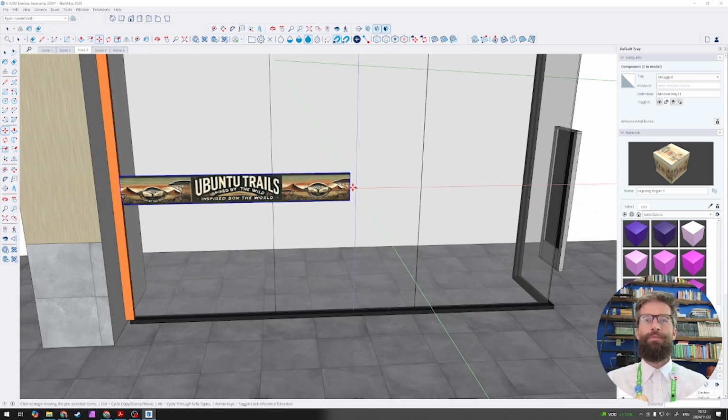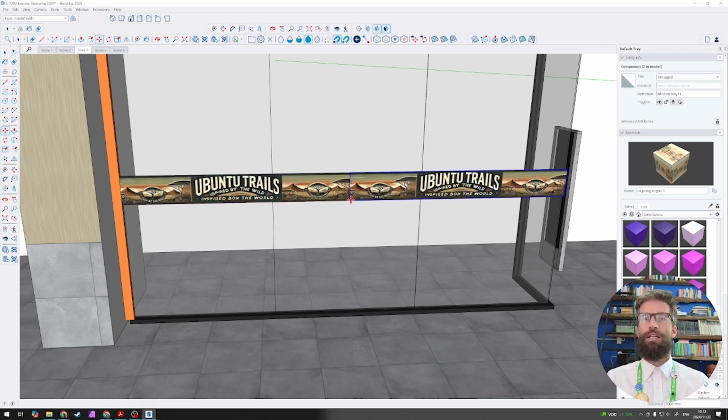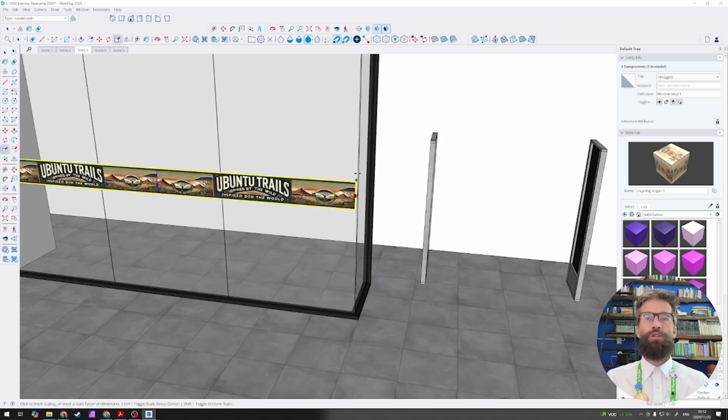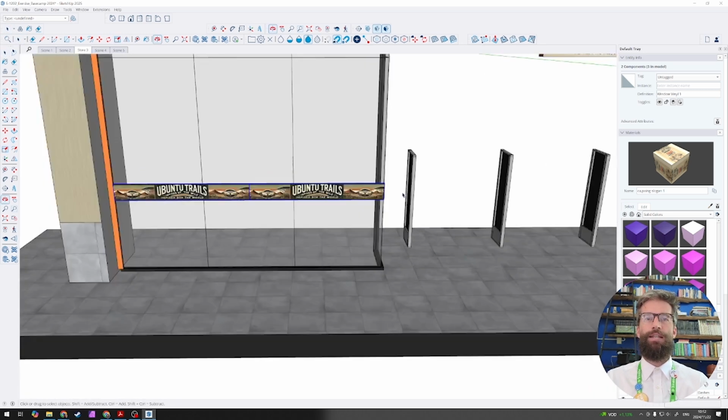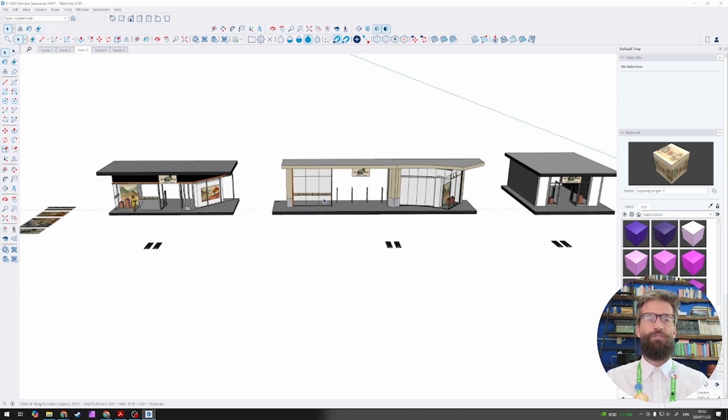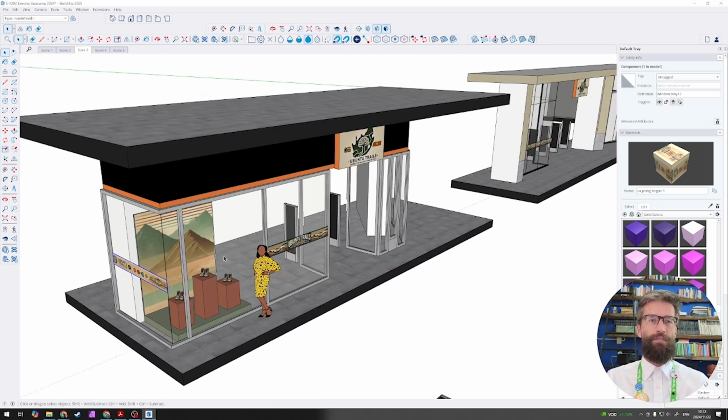And here what we would probably do is do a step and repeat. So we would have 2 vinyls next to each other to make up the full width. And I'm not too worried about showing the vinyl exactly at the right size for the time being. We're still in this early concept phase. And our second vinyl,